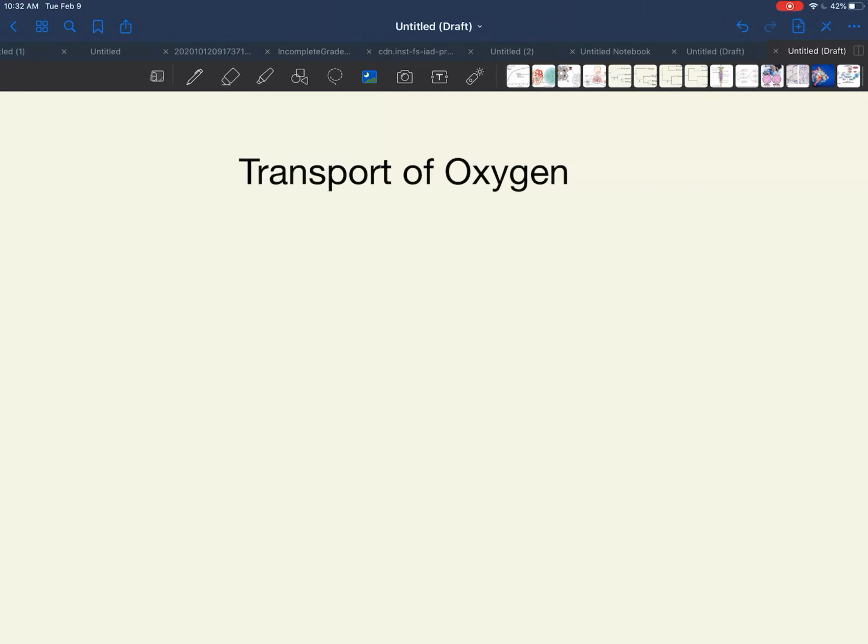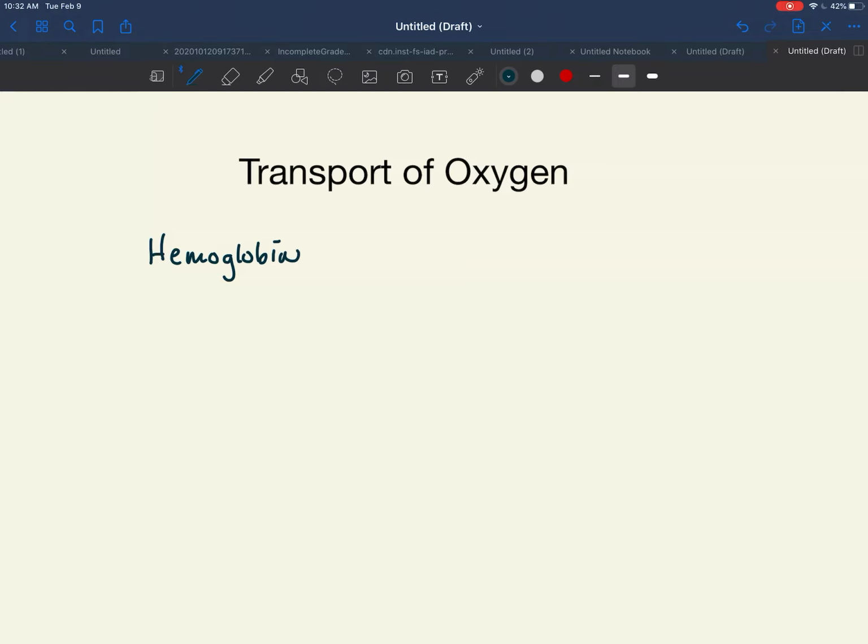So oxygen is transported in the blood, and it is transported via a molecule called hemoglobin. And hemoglobin is considered our respiratory pigment. And here we're talking about vertebrates. Some invertebrates have a different respiratory pigment, a different mineral, which actually gives their blood a different color, like blue